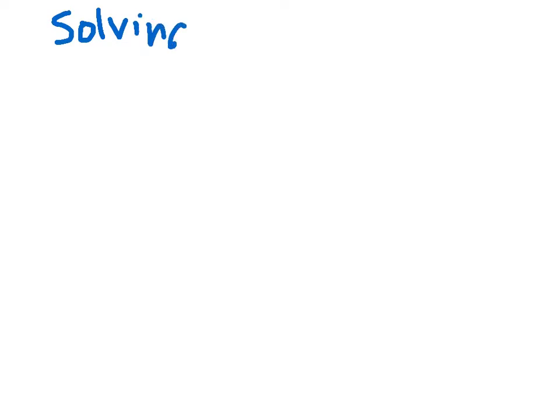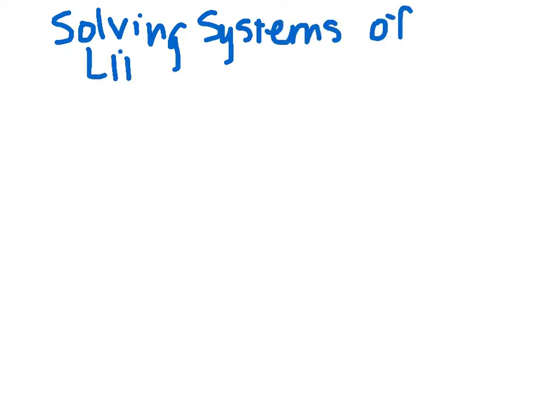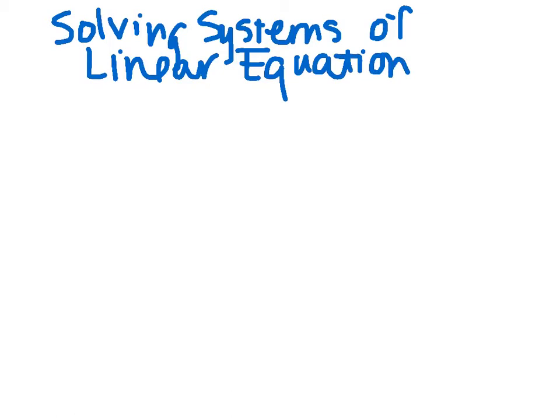Solving systems of linear equations is what we're going to be focusing on in this chapter. When we talk about a system of linear equations, actually, it can be a system of any equations. We're talking about equations in the same variable, two or more equations in the same variable. And a real-life example of this is what we did for the problem of the day today, where we knew